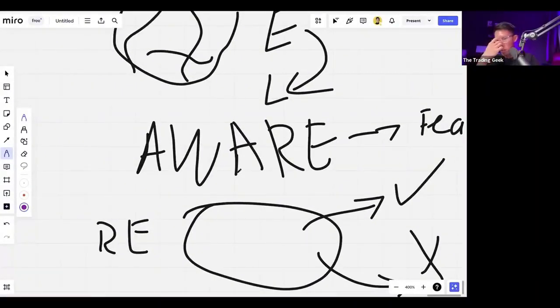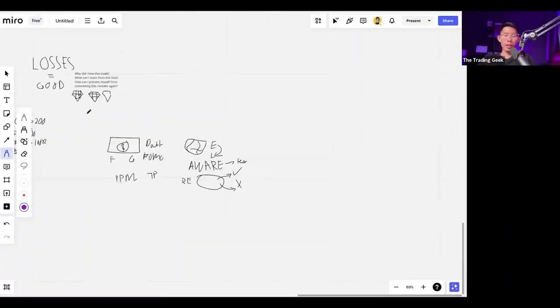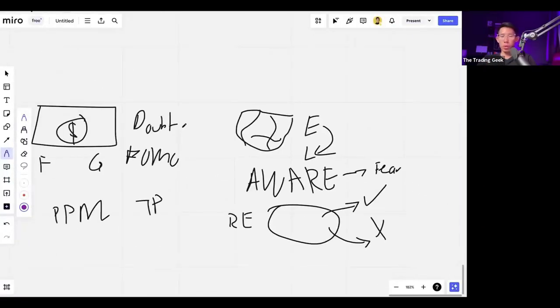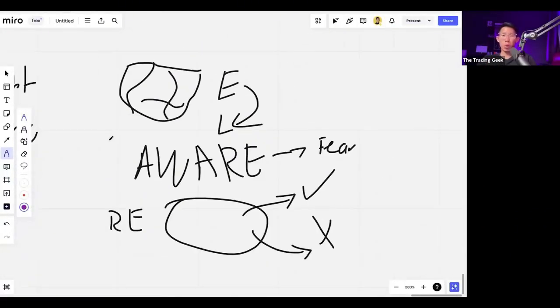Now, all these lessons right here, these mindset lessons, are lessons that I've learned for the past 4 years. And I think they are the most important thing that you can genuinely know as a trader. Because if you can implement this, these are the things that will help you sustain in the game for the long term. If you're planning to trade for the long term, this is it. These are the keys. And another thing about trading psychology mindset is